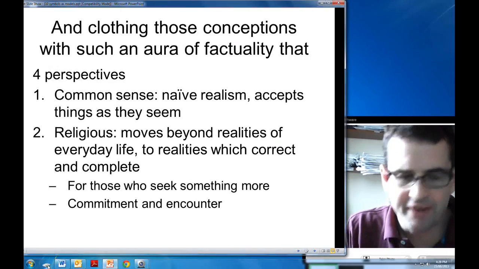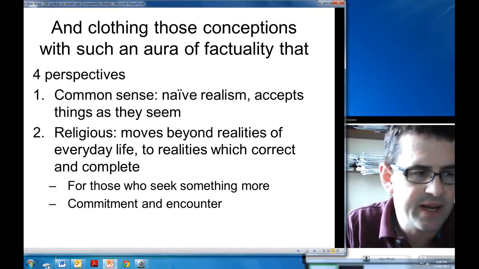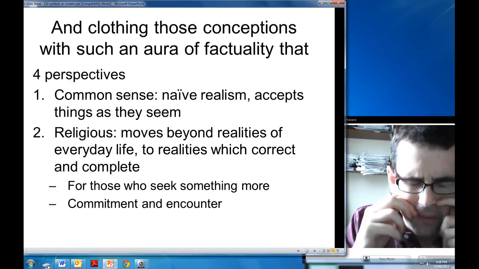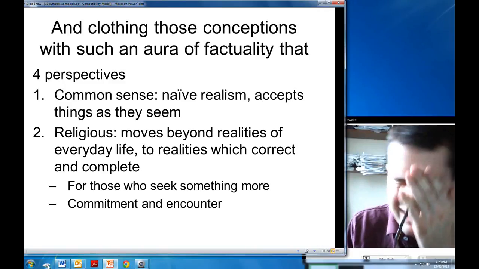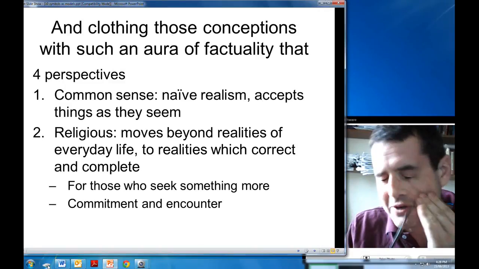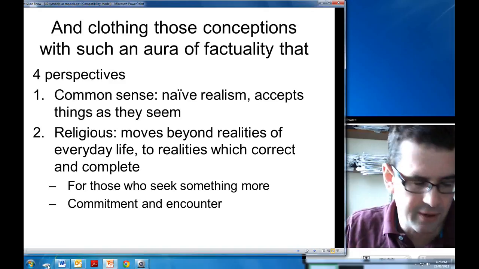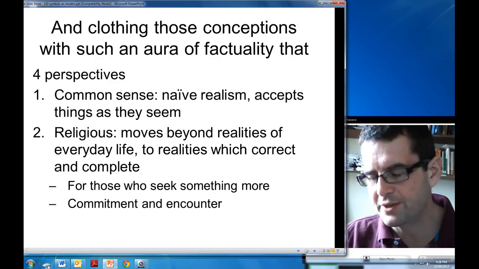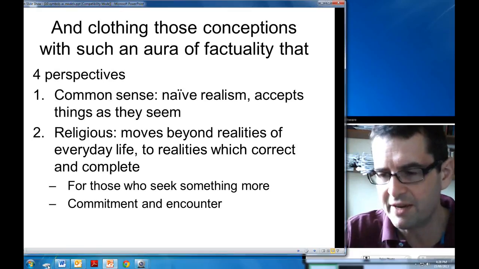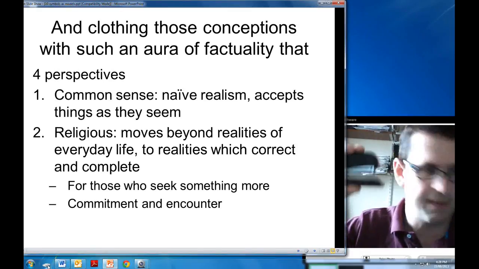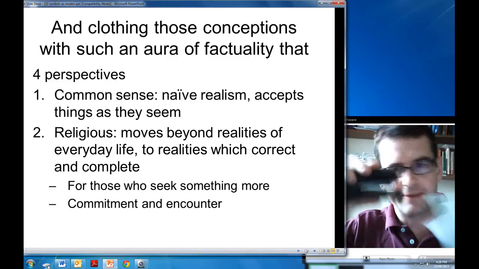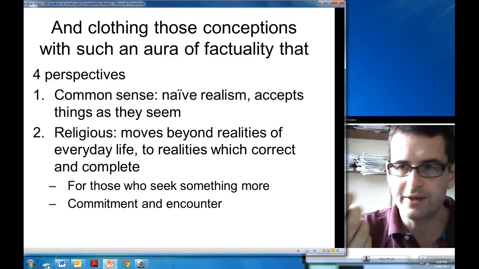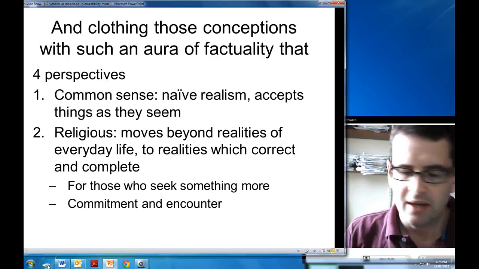Now, again, it's not enough just to have these beliefs. They need to appear real. And the beliefs that we're talking about belong to number 2, the religious perspective. But before we get there, we should contrast that with the common sense perspective. Common sense perspective is pretty simple. It's what we need to survive and get around in the day. I want to staple the paper together, get a stapler, and ching, it's stapled. I know I use a stapler to do that.